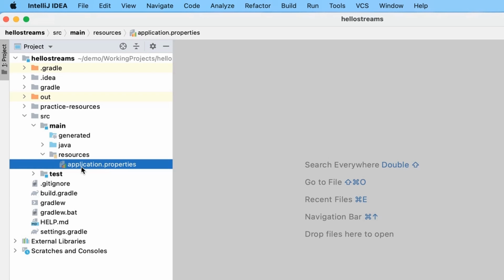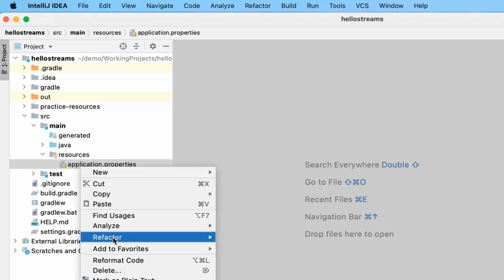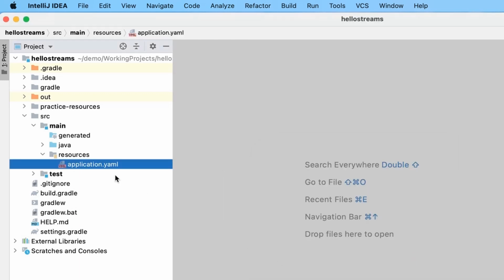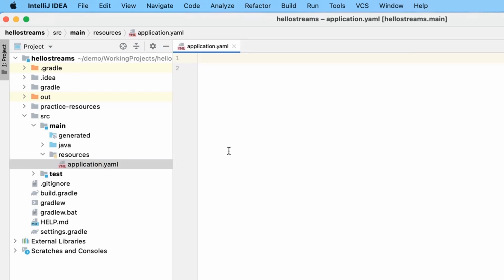Most of the projects prefer the YAML file over the properties file configuration. So, let me rename the application properties to application YAML. Great. I'll paste some configurations into this file.